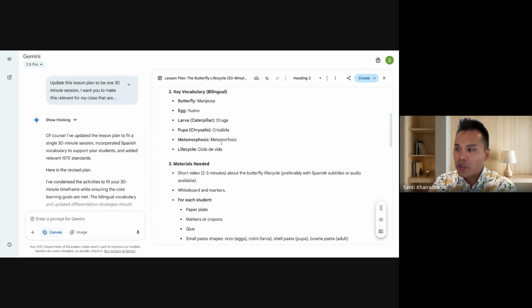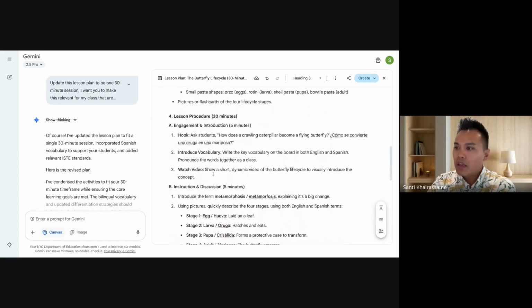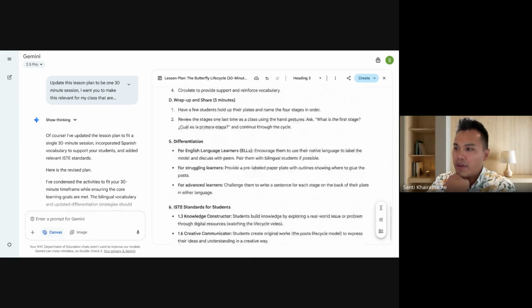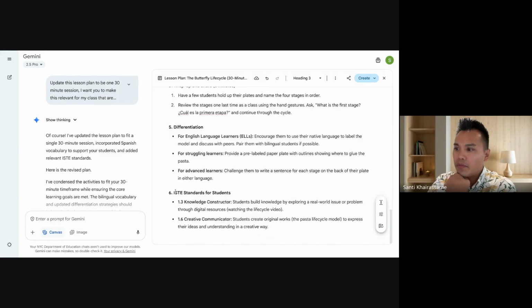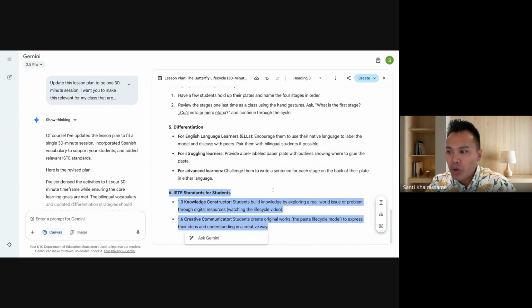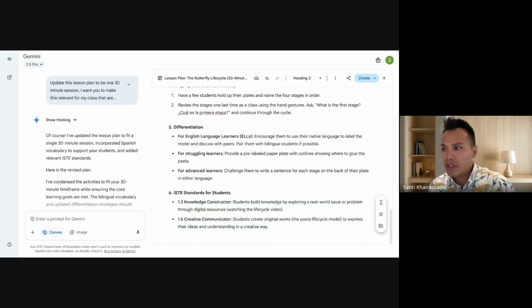So you have all this in Spanish, you got the materials, and then I asked about ISTE standards right here. Again, double check, make sure that works. But in terms of something that saves time, not starting from scratch, not reinventing the wheel, taking your existing ideas and expanding on them. What I love is that we've been doing a million of these sessions.